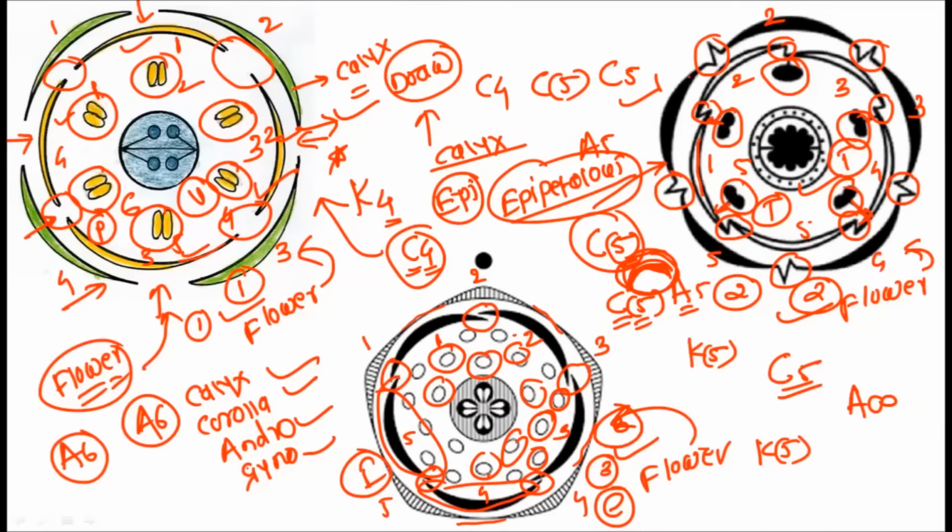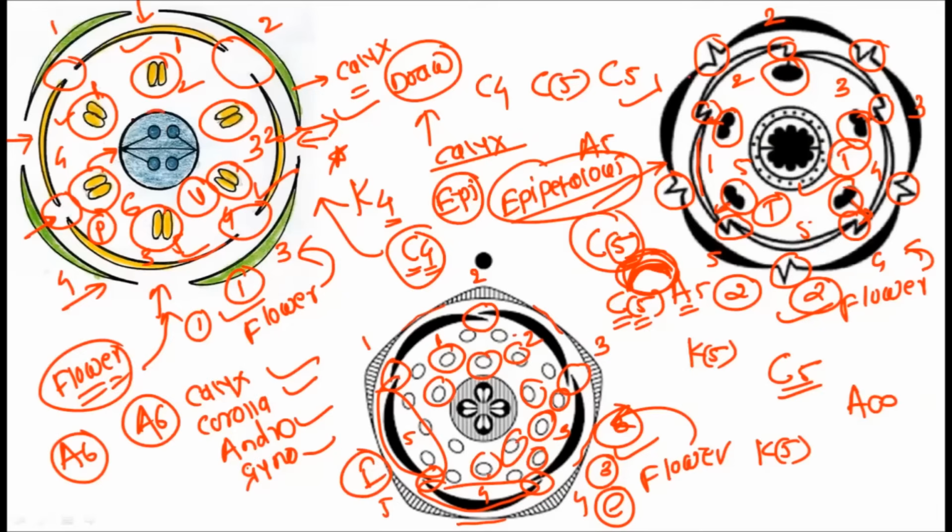So in the first diagram you will observe one kind of androecium, in the second a different kind of androecium, and in the third an even different type of androecium arrangement. So this is how the androeciums, or say the floral whorls, change from flower to flower, and this reflects in the floral diagram, right? Now let us observe, after the androecium, in the center is the gynoecium.